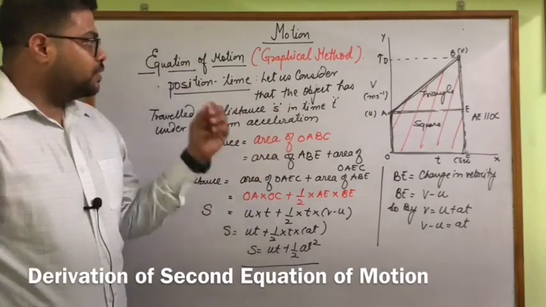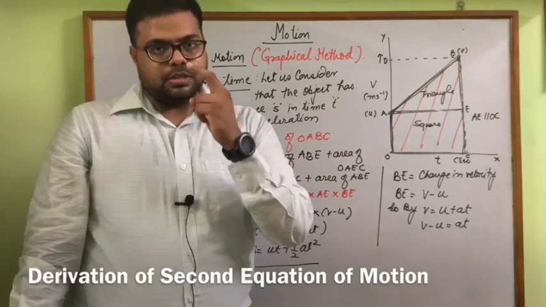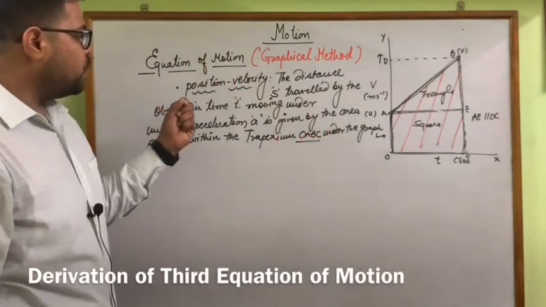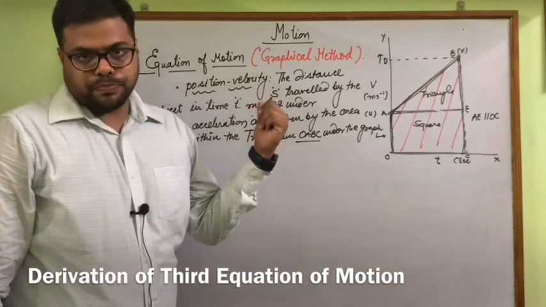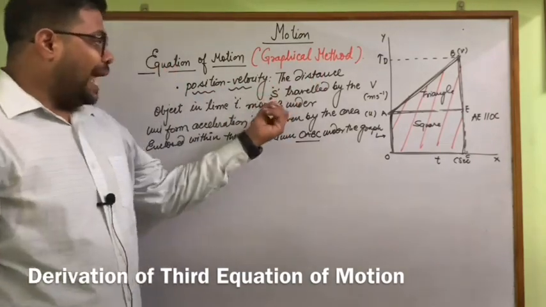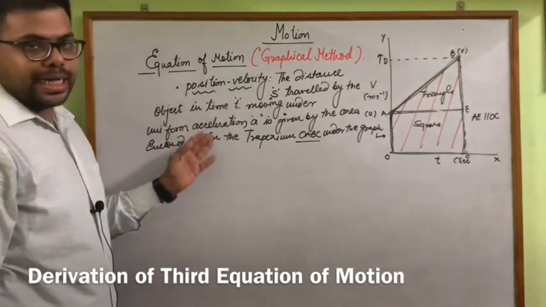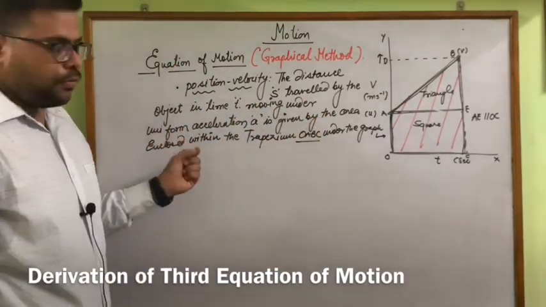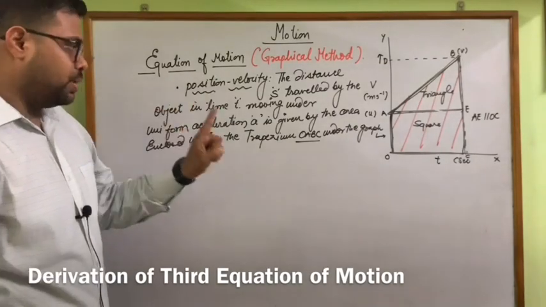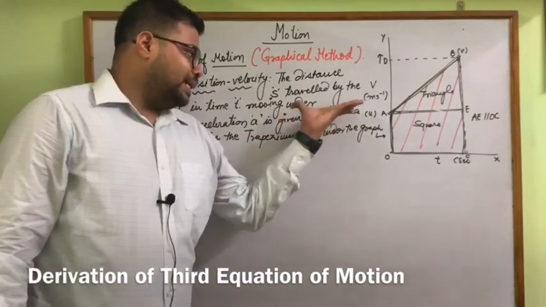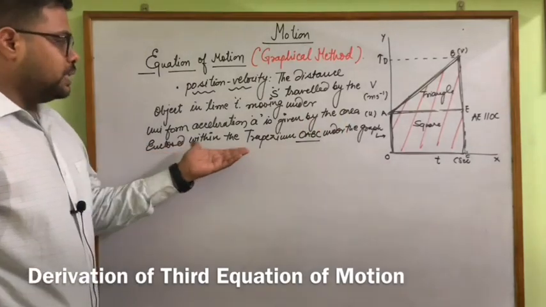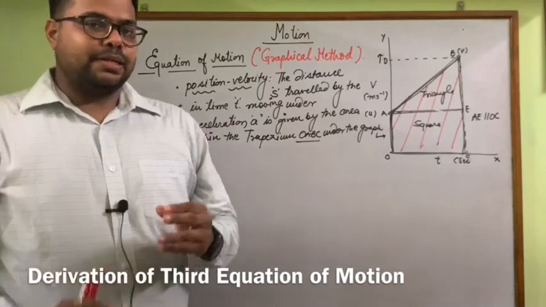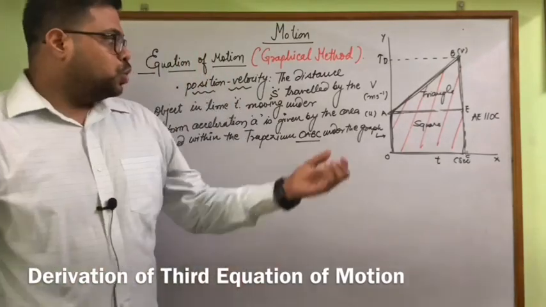Now, next we are going to derive the third relation, position and velocity. We reach the last relation, position and velocity. So, the distance traveled by the object in time t, definitely moving under uniform acceleration, must condition. Remember, s is given by the area enclosed by the trapezium OABC under the graph. I already stated we have two methods to find the area.